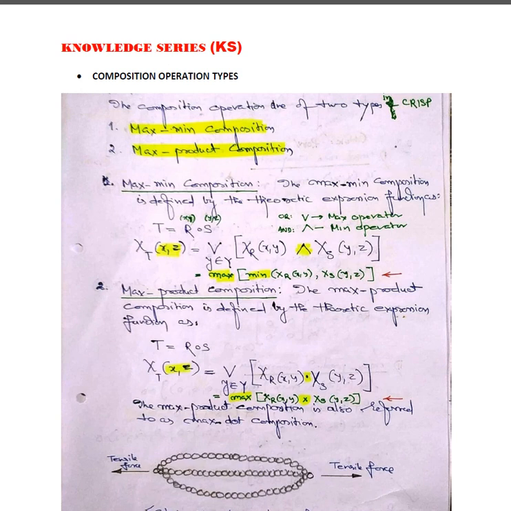All will be aligned in one direction, so that is known as a maximum, and one is having a maximum and inside one is a minimum. And when you try to rotate it, the one which is having a long, that is a maximum, and along with that the others are twisted, so that is known as a maximum product composition. So when we look into maximum minimum compositions, it is